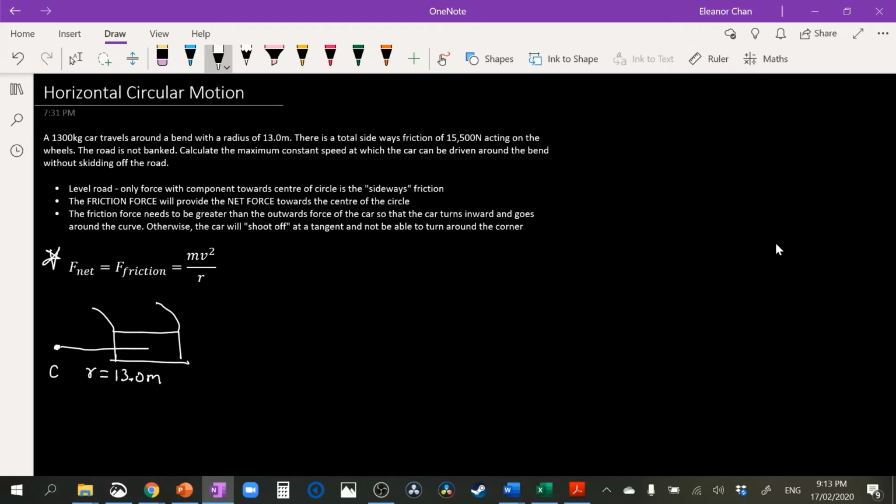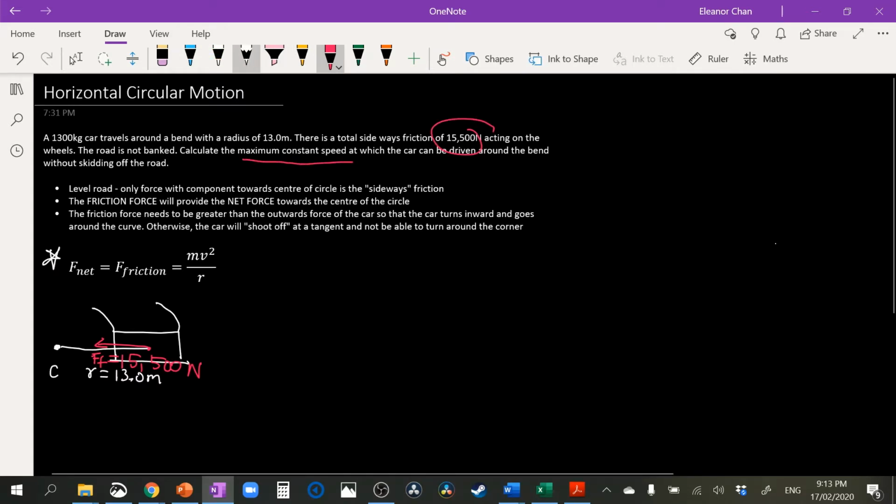There is a total sideways friction force of 15,500 newtons. So from the center, it's going towards the center there. So the friction force here is 15,500 newtons. Okay. And the road is not banked. That's how we know that it is level. We want to calculate the maximum constant speed at which the car can be driven around the bend without skidding